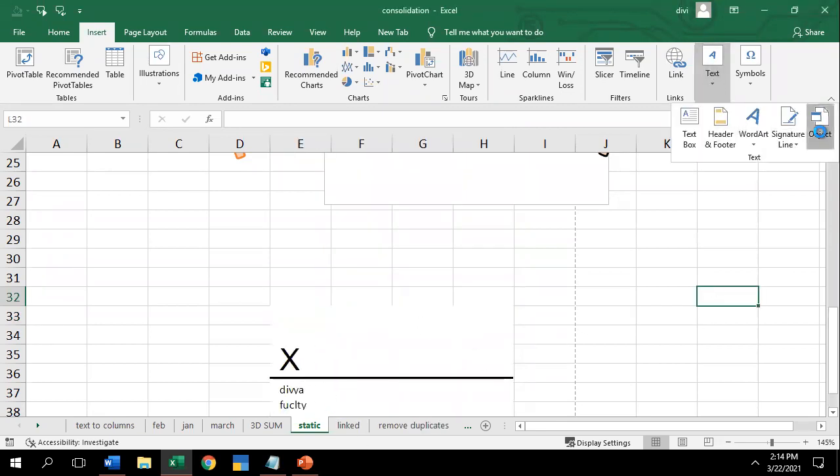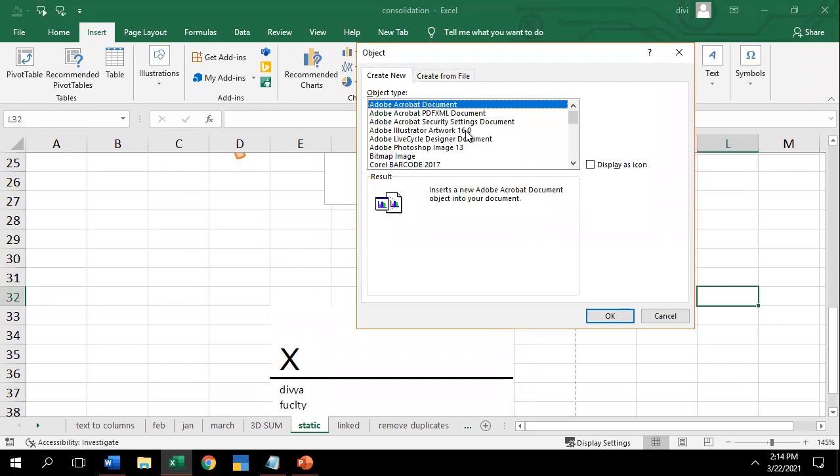Next, you have an Object. From an Excel screen, you can work with Word, PPT, or even an image, that is Paint. For example, see, here I have Paint. It is a bitmap image. Click on OK. Not only bitmap, you can select Photoshop, the Adobe group, PPT, Excel, and other things.